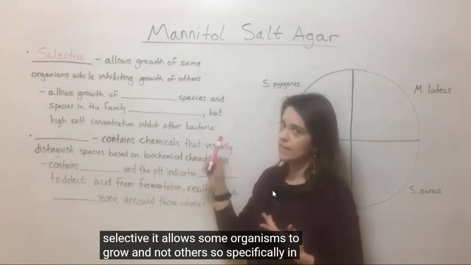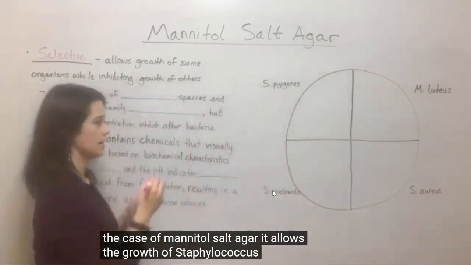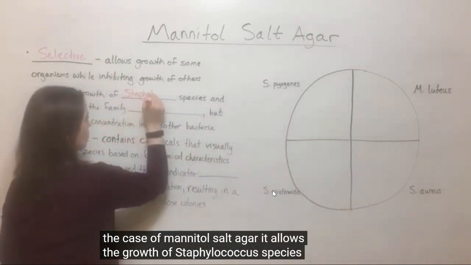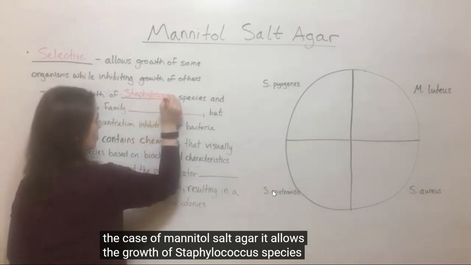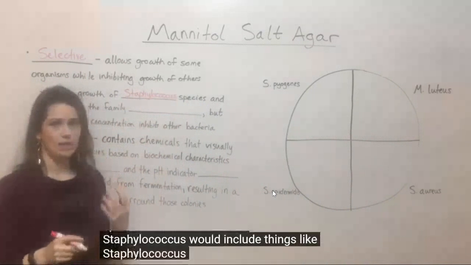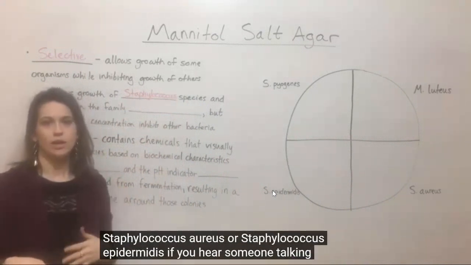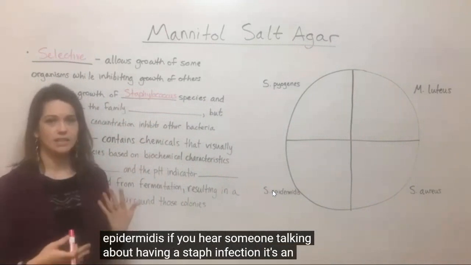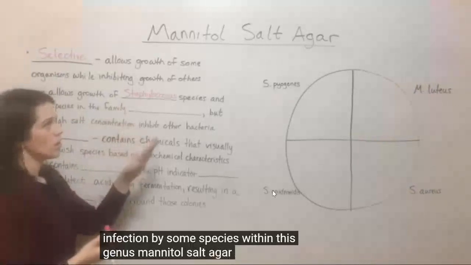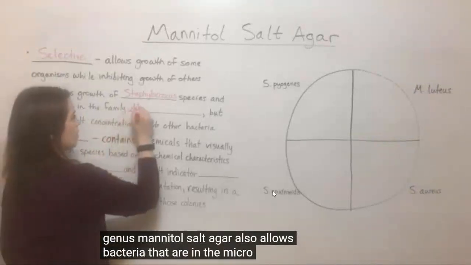It allows some organisms to grow and not others. So specifically in the case of mannitol salt agar, it allows the growth of Staphylococcus species, so species that are in the genus Staphylococcus would include things like Staphylococcus aureus or Staphylococcus epidermidis. If you hear someone talking about having a staph infection, it's an infection by some species within this genus. Mannitol salt agar also allows bacteria that are in the